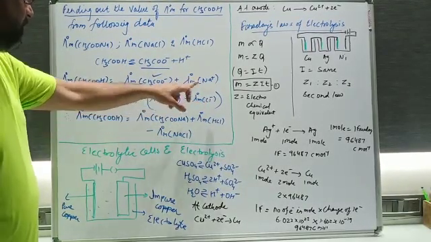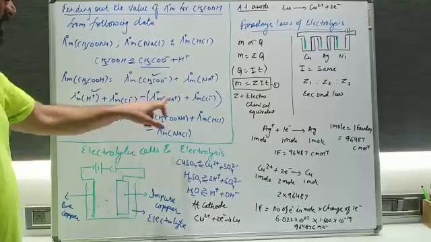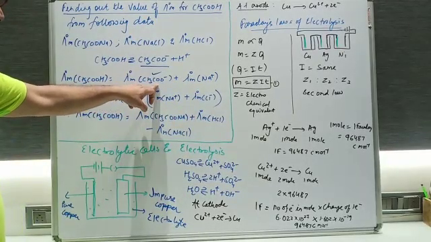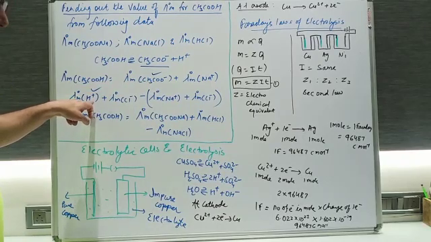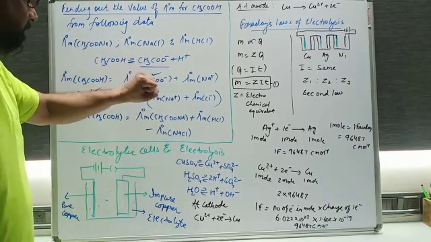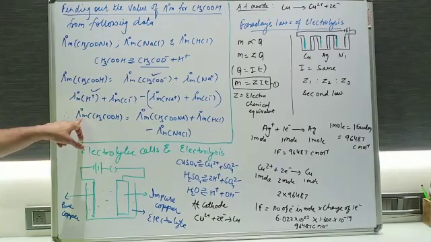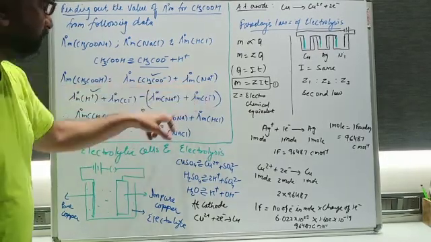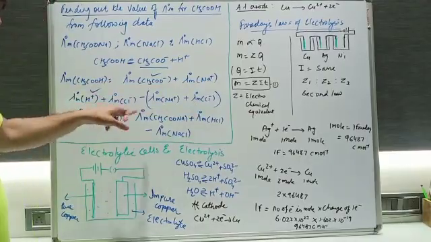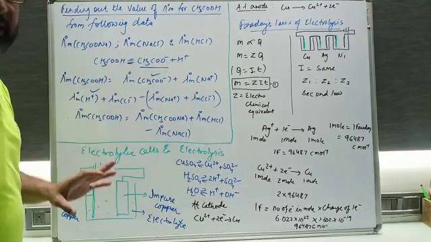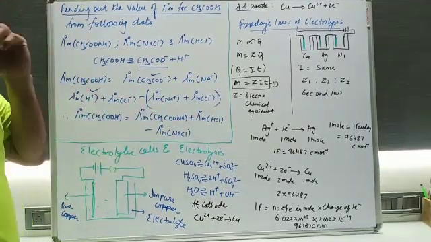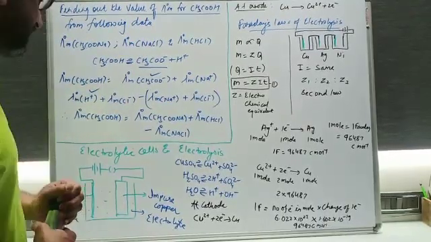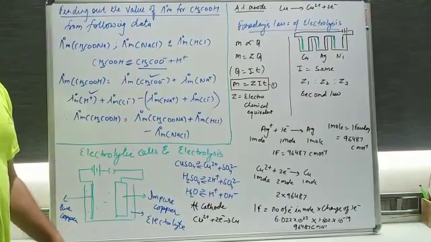So Na to Na will be cancelled, Cl to Cl will be cancelled, and finally we get the value of λ°m CH3COO minus and λ°m H plus. Is it fine, students? So if we combine all these, then we get Λ°m CH3COOH is equal to Λ°m CH3COONa plus Λ°m HCl minus Λ°m NaCl. So from this formula we can calculate the limiting molar conductivity of the acetic acid. So this was the first application of it.